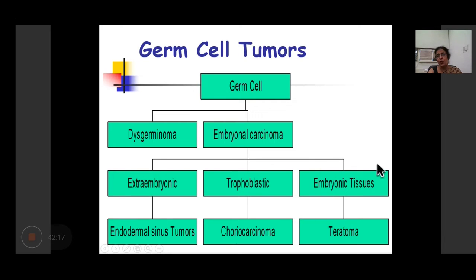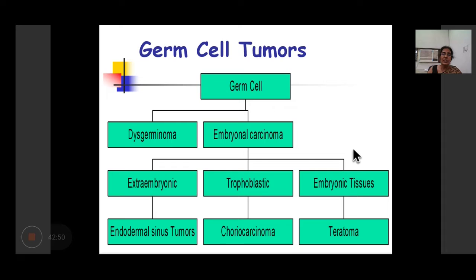And the tumors which show formation of embryonic tissue of all the three germ layers are called the teratoma. So this would be arising from the truly multipotent stem cells, and that would be a teratoma. The most common of these is a teratoma. So how do we classify germ cell tumors? Those which show only an undifferentiated monomorphic appearance of germ cells are dysgerminoma. If they are forming embryonal tubular-like or glandular-like structures, we call it embryonal carcinoma.